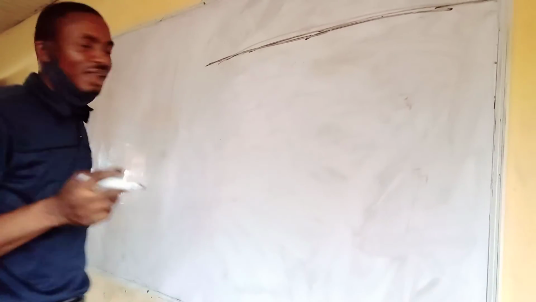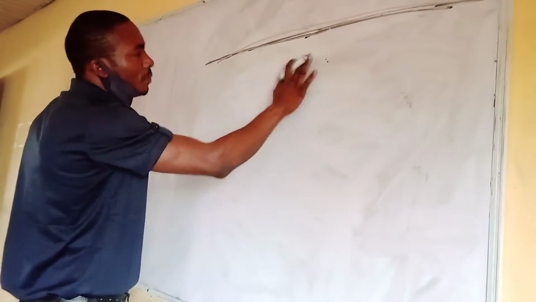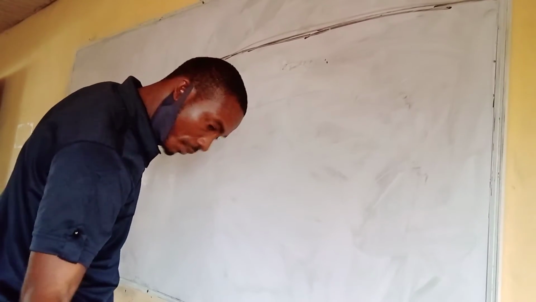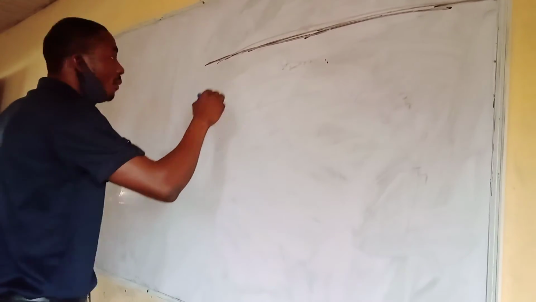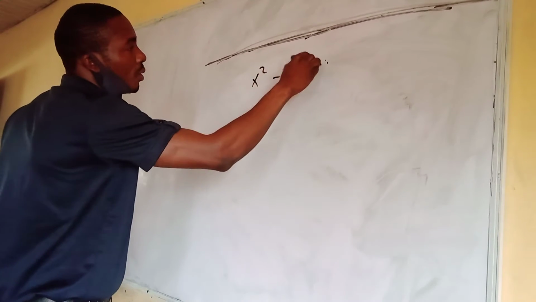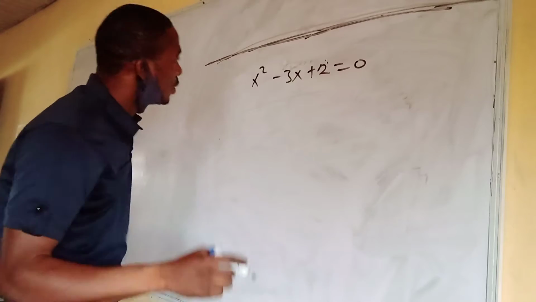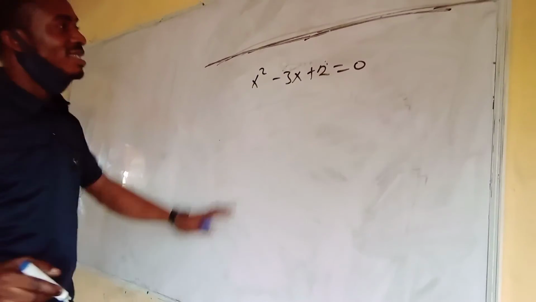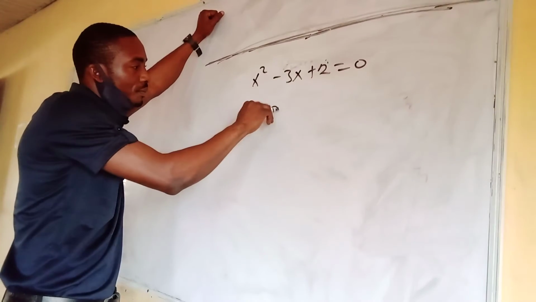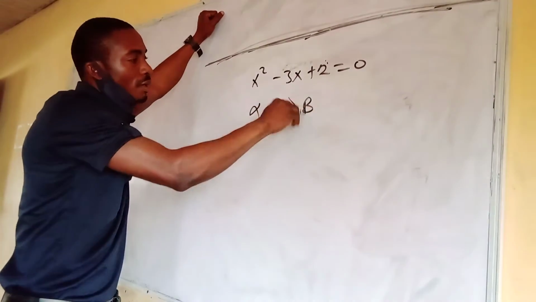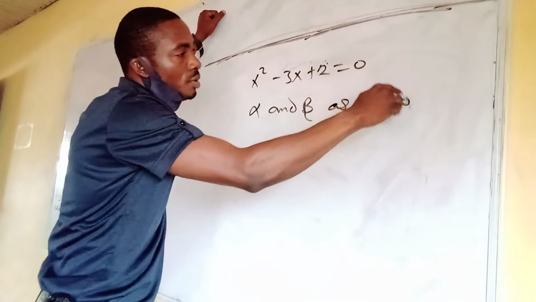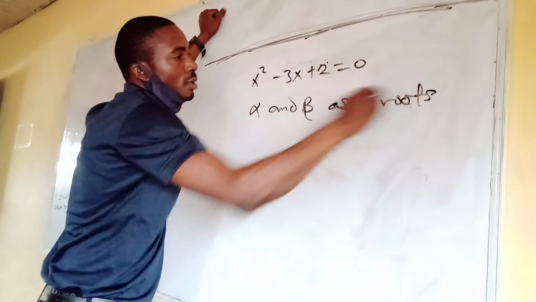We are going to be looking at a quadratic equation of the form x squared minus 3x plus 2 equals 0. It was said of this question that if it uses alpha and beta as its roots,